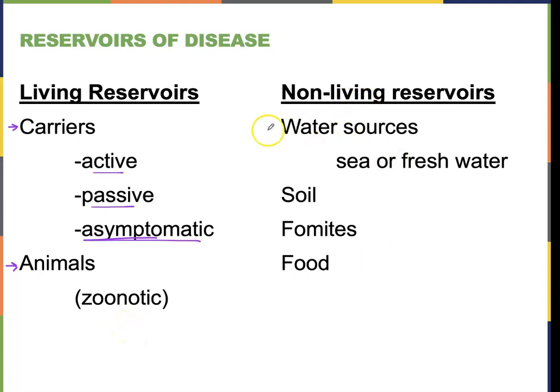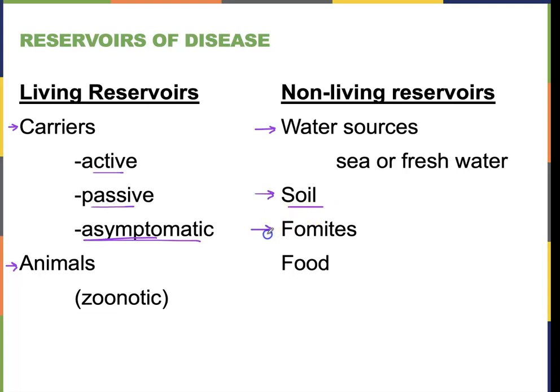And then non-living reservoirs. If an agent is found in water, we can think about Vibrio cholerae. Cholera is that disease we looked at with the cholera cots. It's found normally just in the water system, and there's nothing you really do about it except make sure you're drinking processed, clean water. It can be fresh water or seawater. Soil is a big reservoir. You can have lots of fungal spores and spore-forming bacteria in there, anthrax being one of them, Bacillus anthracis.